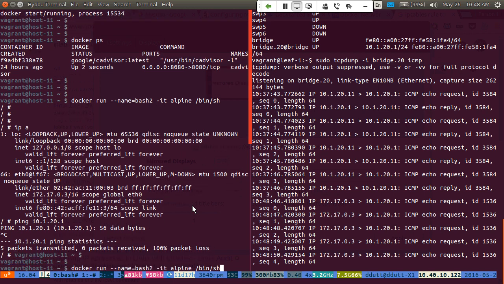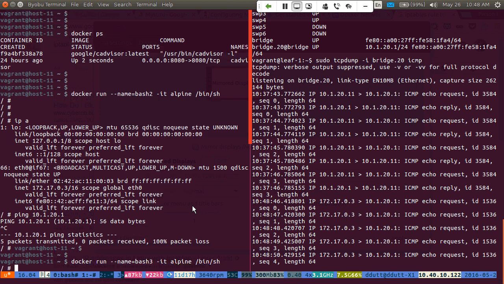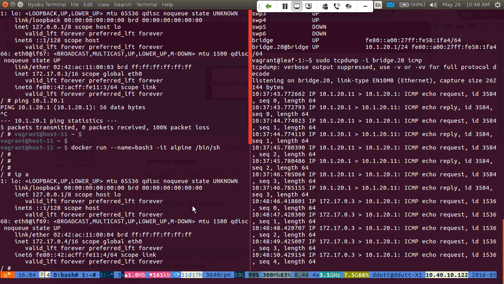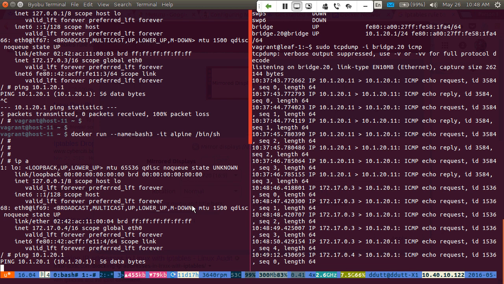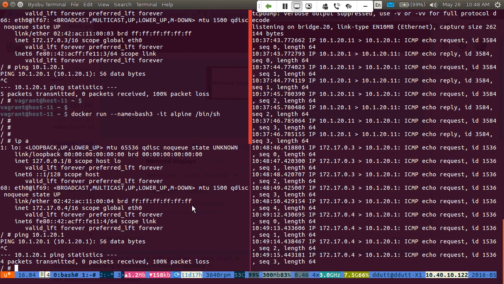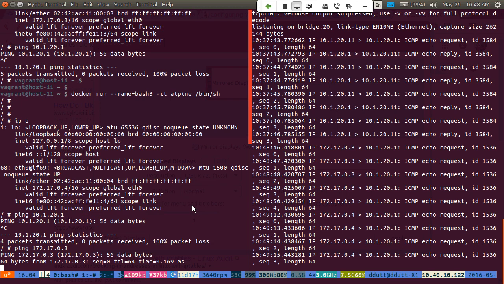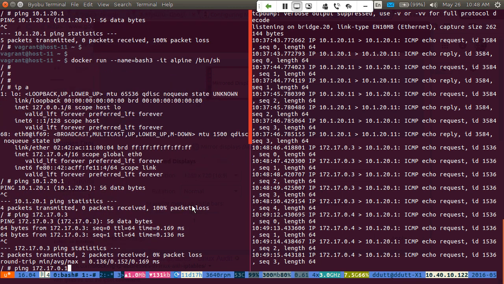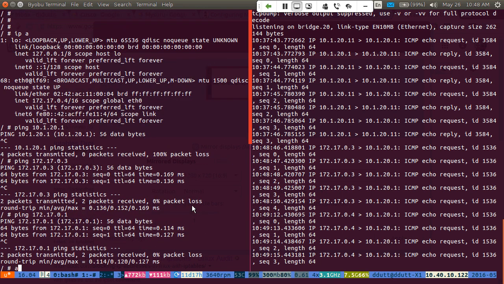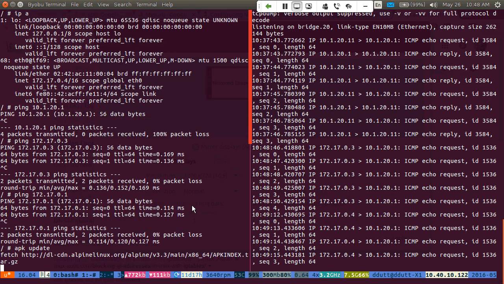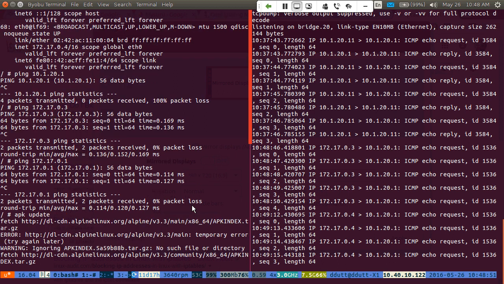So let's go create another bash, and we'll see what happens in this particular situation. And if I look at the IP address here, you see that it's 1.4. If I ping the information, you see that the outside world is seeing the specific IP address. And can I ping my partner who is running in the .3? Of course I can. Can I ping the .1, which is the default gateway? Of course I can. Can I update the software? Can I reach the external world? And you see all of these things work exactly the same way.